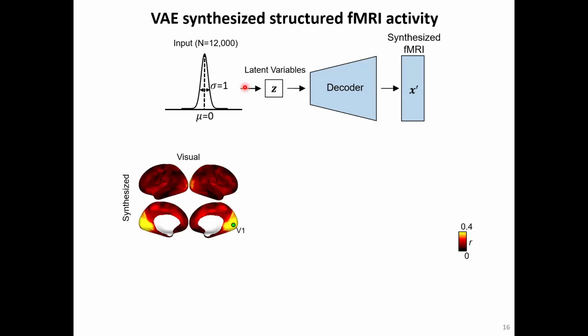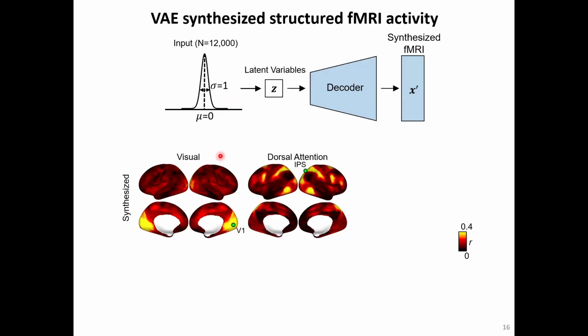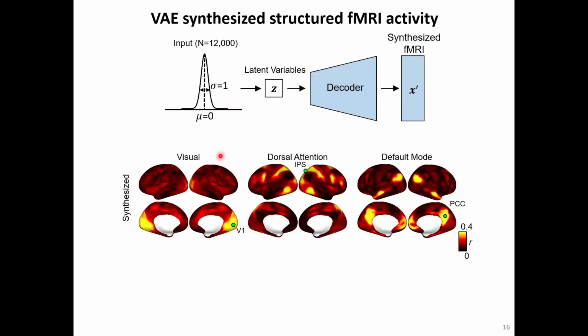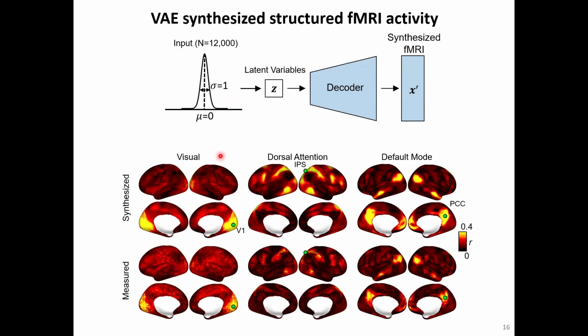But what we observed is that once we build this synthesized fMRI data, the seed-based correlation patterns, putting V1 as a seed region, look like a visual network. And the dorsal attention network and default mode network very highly resemble the actually measured cortical activity patterns. So we are very excited that a VAE model can synthesize more structural and functional MRI data